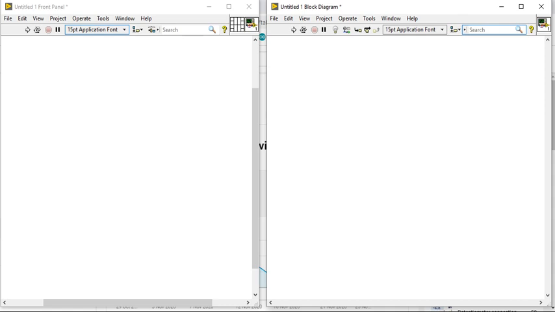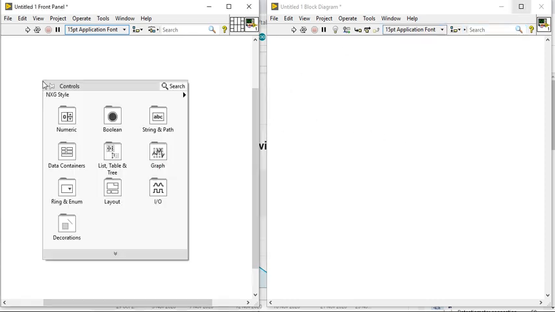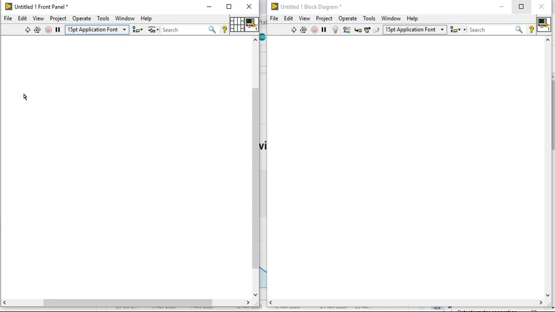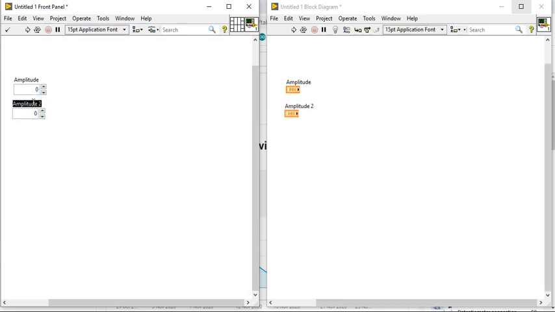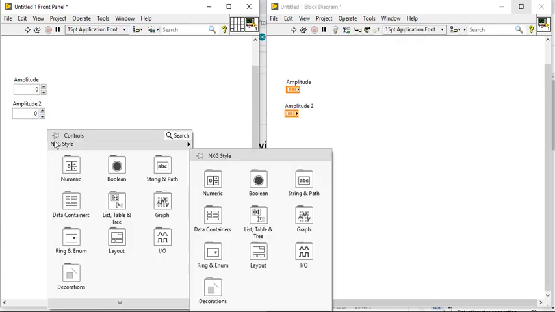To compute the frequency spectrum of a signal, we need one sine waveform, and some frequency and amplitude. So first come here and take one numeric control and name it amplitude.